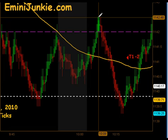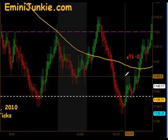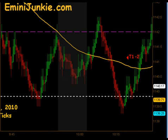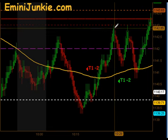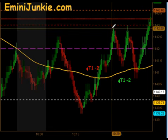It did not give a signal long, but on the cutback, it actually did give a signal short on this little pullback here. The first contract was able to be taken off there, but there wasn't any follow through to the downside, so that one was a T1 -2. Ultimately ended up getting stopped out as it moved back up towards the previous day's 4:15 close, put in a high there, came down,